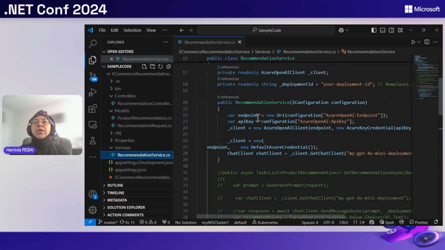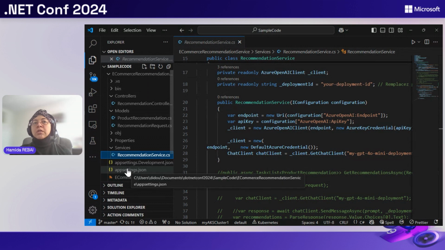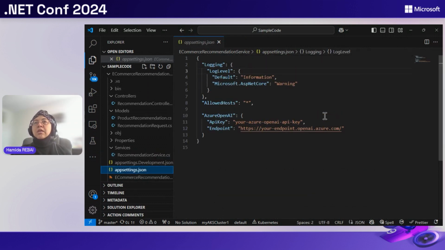And we have the endpoints. As I said before, we will add all the links inside appsettings.json. Here it's a simple example, but I highly recommend adding all endpoints inside Azure Key Vault, for example, and calling your Key Vault afterwards. Here it's a simple one, so we need to secure our endpoints.